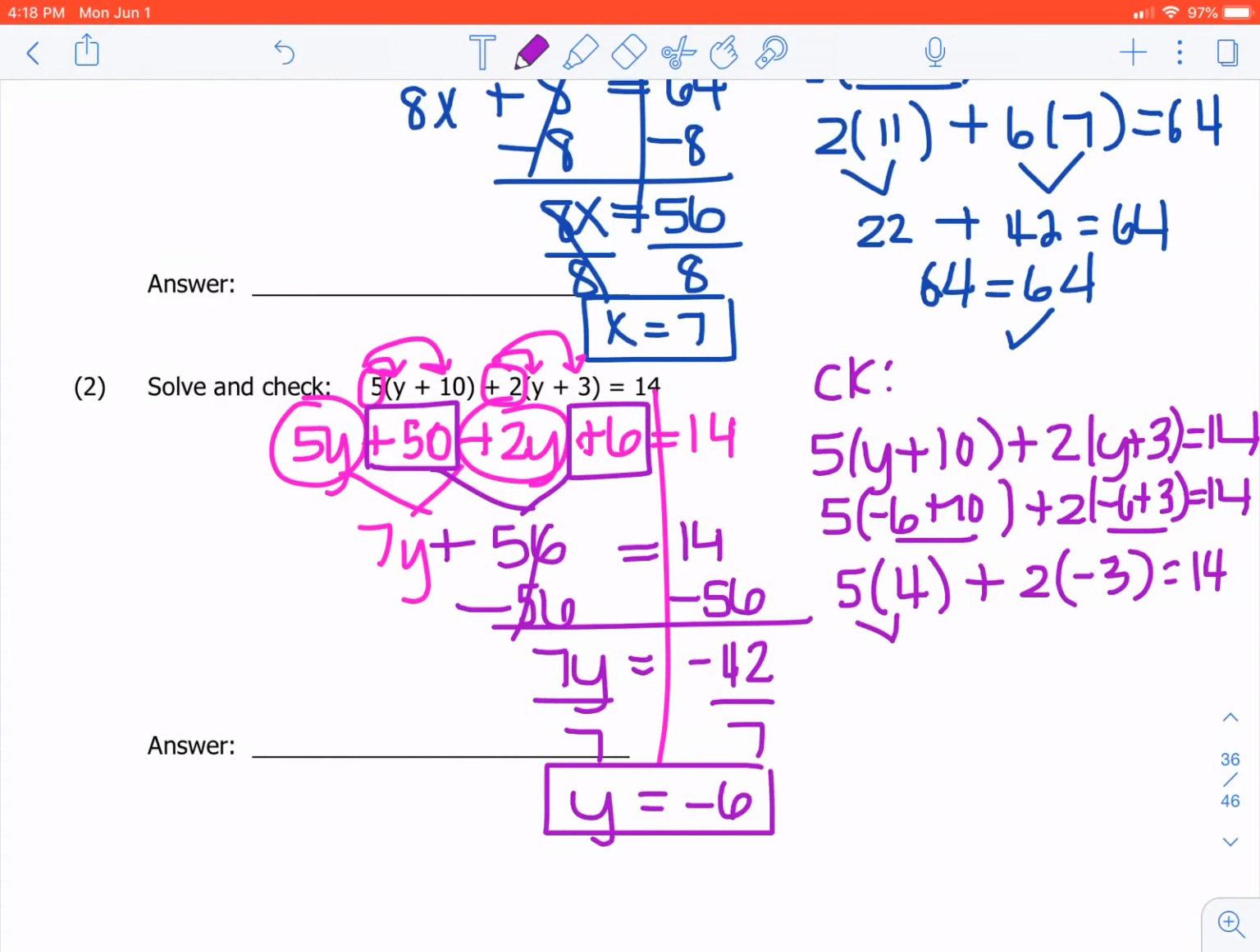Okay, let's do our multiplication. 5 times 4 is 20. 2 times negative 3 is negative 6. Now 20 plus negative 6, they're opposite signs, so we subtract them. So we do get positive 14. 20 is bigger, so that is